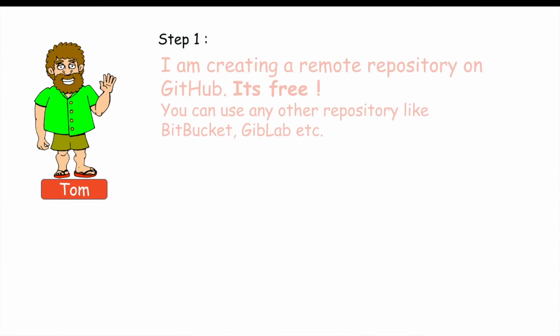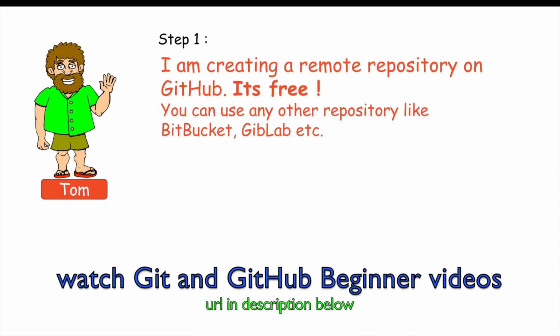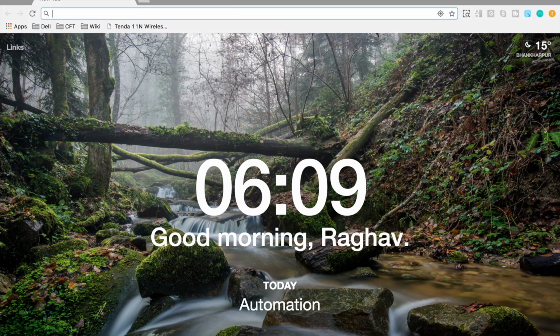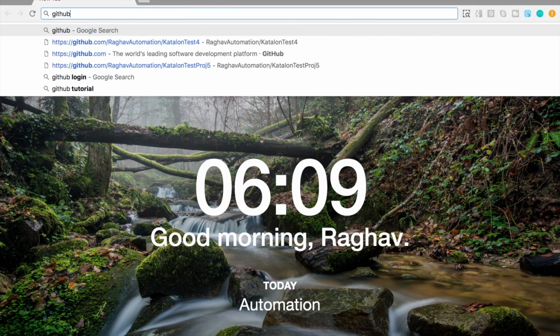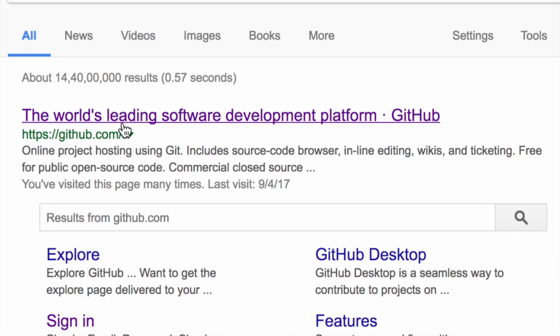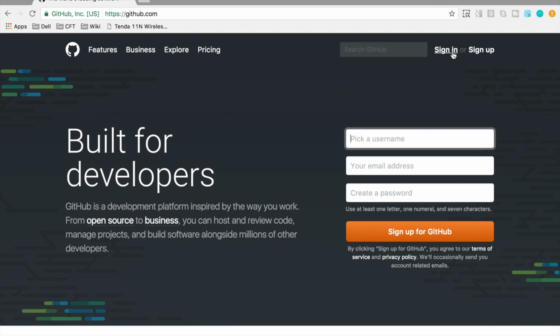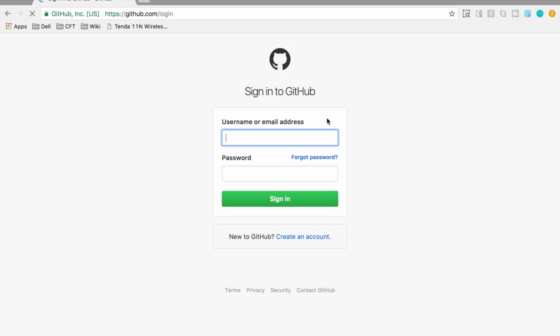So now let us go to step 1 and we have to create a repository on GitHub. You can also use Bitbucket or GitLab or any other remote repository. So let us go to our browser and say GitHub, and I'm going to this very first option github.com, and here you can sign up or sign in if you already have an account. I have an account, so I'm going to sign in,